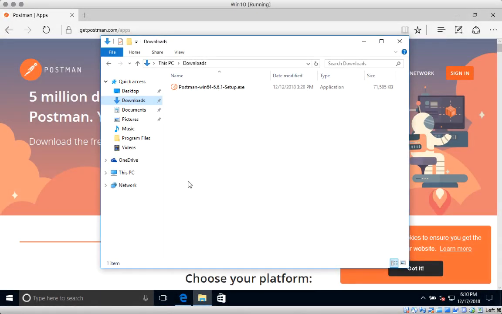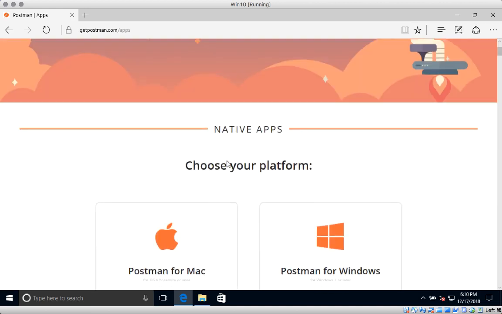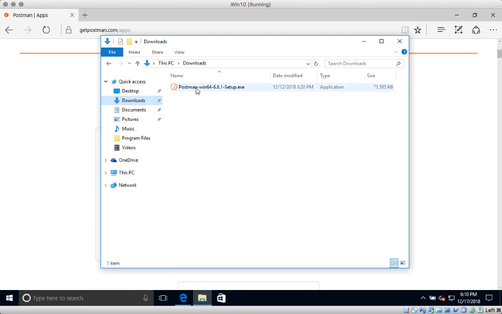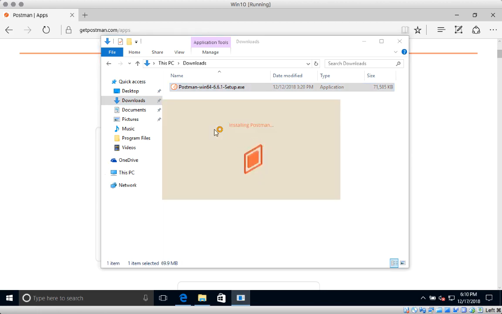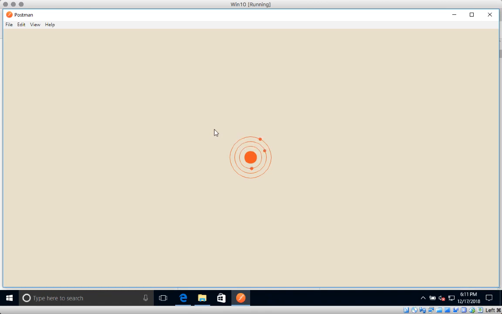Right, so here we have my Windows VM running. This is Windows 10, and I've opened up IE Edge over here to the following URL, getpostman.com/apps. That takes us to the download page of Postman's site, and this is where we can go and download Postman for Windows. I've already done that on my side, and you can see that I've got the Postman installer here in the downloads folder, and I'm going to double click on this now. This takes a couple of moments to install. Once the install is complete, it will automatically launch Postman,